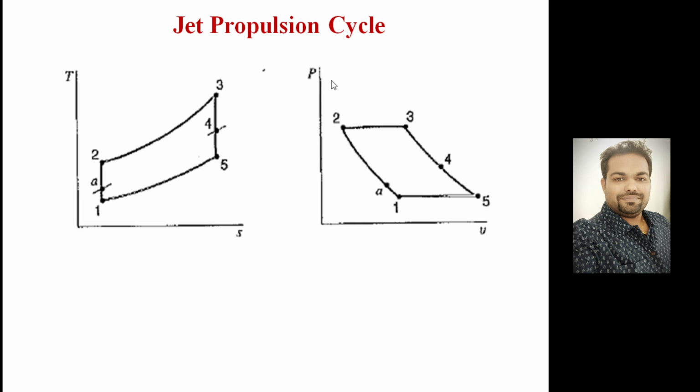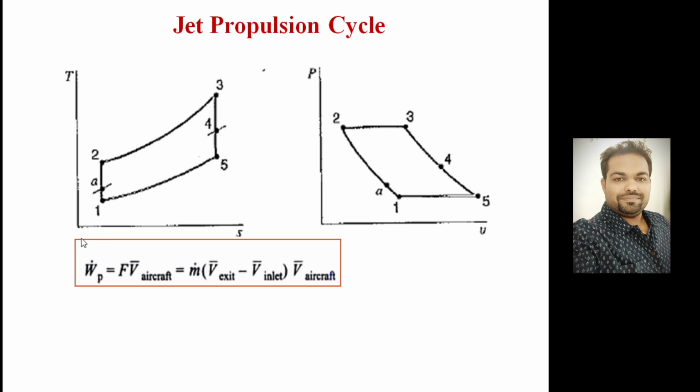So the same thing we can draw over a pressure and volume diagram. The diffusion process is a reversible adiabatic process between 1 to A, followed by reversible adiabatic compression between A to 2, followed by reversible constant pressure heat addition in process 2 to 3, partial expansion in turbine isentropically in process 3 to 4, followed by the final expansion in the nozzle, process 4 to 5. Then the cycle repeats. So we can say the thrust power generated is nothing but thrust generated into the aircraft forward